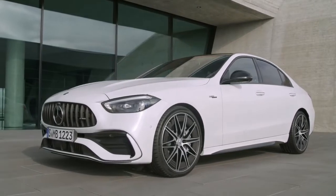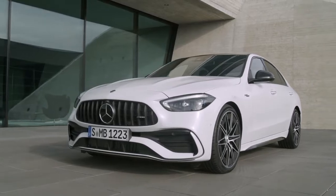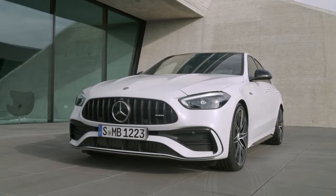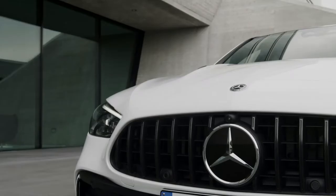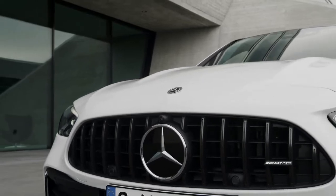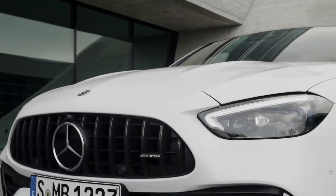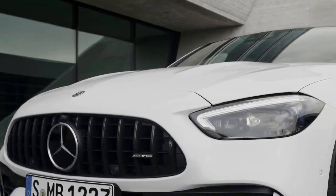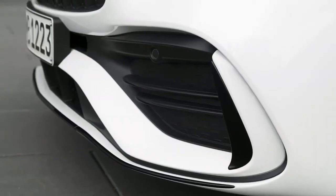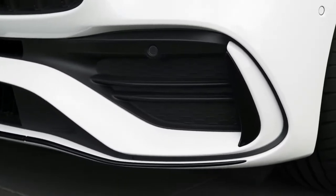With technology derived directly from Formula One, the latest generation of the Mercedes-AMG C43 4MATIC sets new standards for innovative drive solutions both as a saloon, combined fuel consumption 9.1 to 8.7 L/100 km, combined CO2 emissions 206 to 196 g/km, and as an estate, combined fuel consumption 9.2 to 8.8 L/100 km, combined CO2 emissions 209 to 199